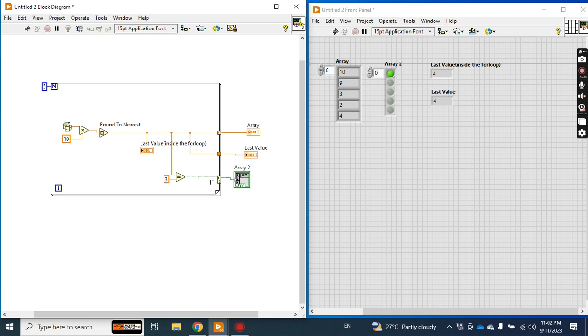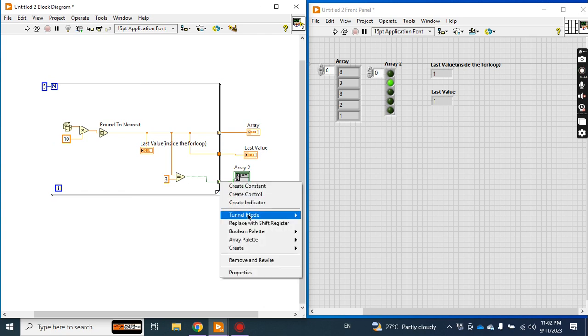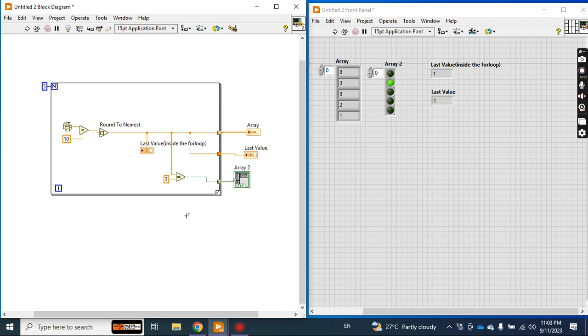Why? I think I made some mistake here. I should connect from this to, sorry, my mouse. Okay, now check it. Now you understand that I made some wiring mistake here. Now this is conditional. You see, the tunnel mode is indexing with the conditional, so it is actually checking that